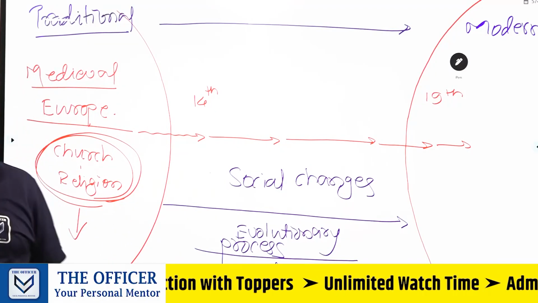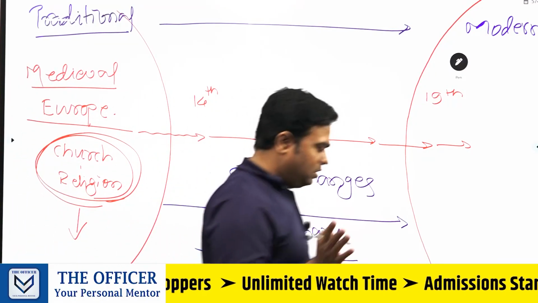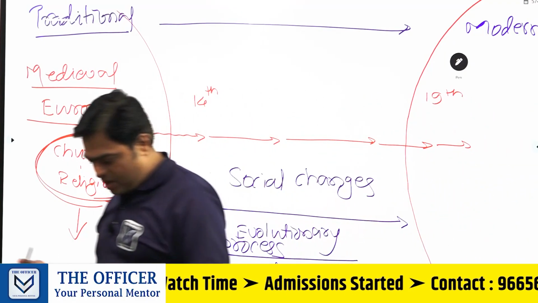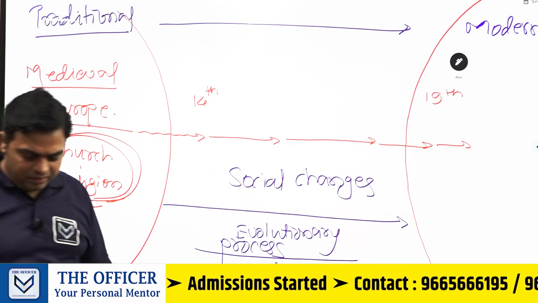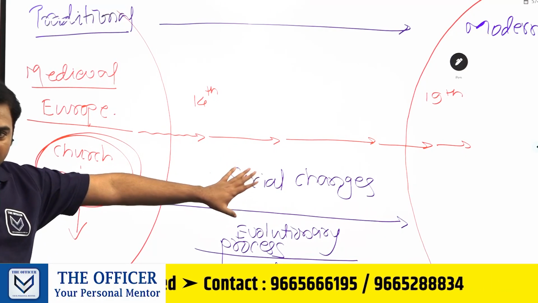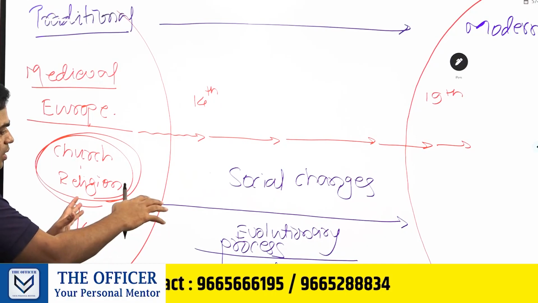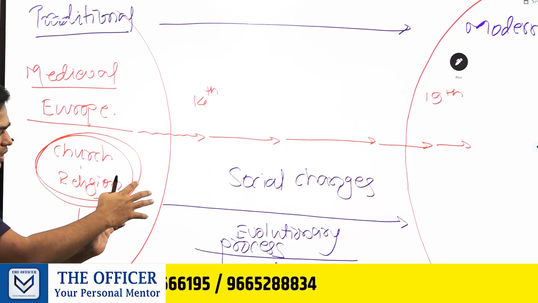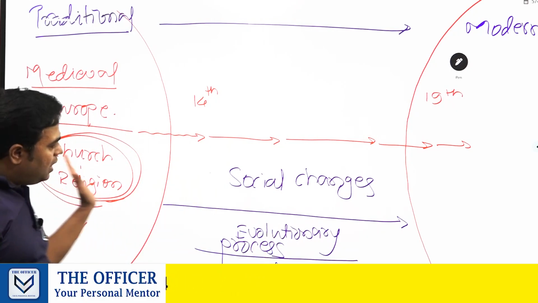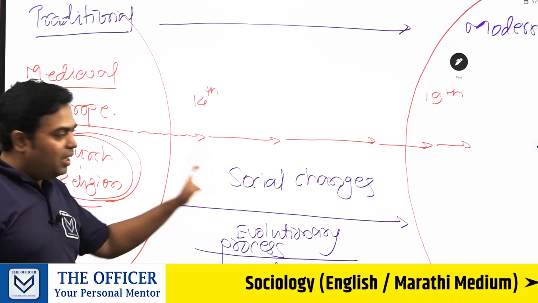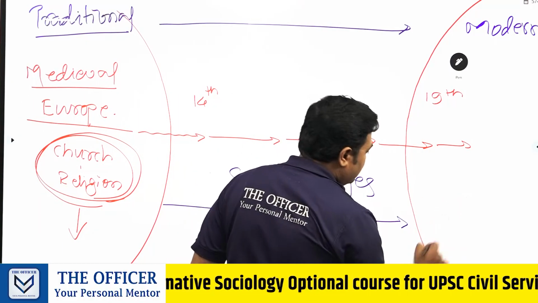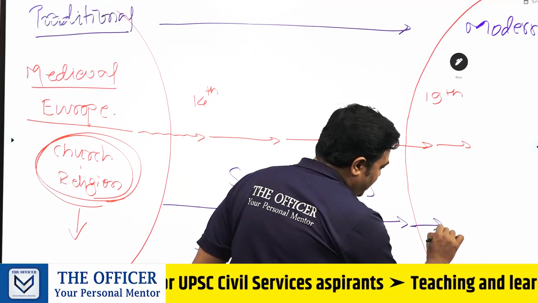Are you getting my point? Is that clear, Kishore? Is that clear, Aditi? Ganesh, Shital. Okay. So this is the transformation. Second, when this process of social changes was taking place, this process of modernity was taking place, and European society was modernizing, in that era, because of all these factors, in the 19th century particularly,